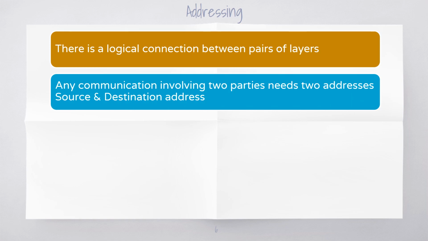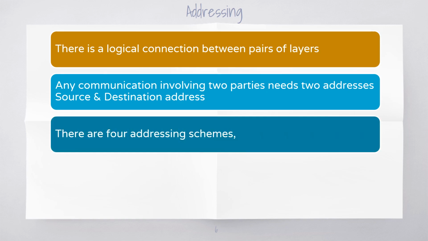So we have a total of 5 layers. As it looks, we may require 5 pairs of addresses. The physical layer will not require addresses, as the unit of data exchanged at the physical layer is in terms of bits. It is not possible to add an address to a bit. A bit itself is a single, smallest possible unit of information. So the physical layer will not have any addressing scheme.